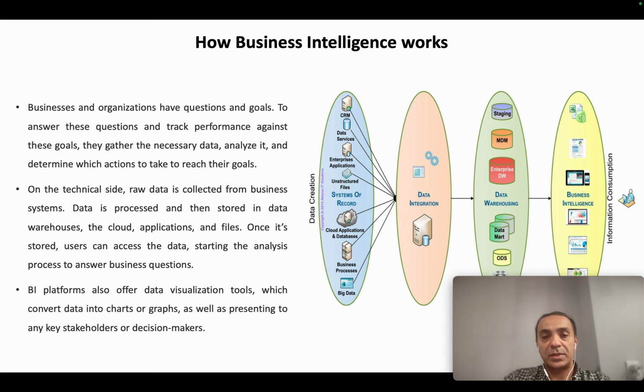Well, business intelligence platforms also offer data visualization tools, which help in converting data into charts or graphs, as well as to present data to all the stakeholders or decision makers. There are several platforms and tools that help us doing that. For example, Tableau or Power BI or Pentaho, a tool that helps in the ETL process. They also help you to build data visualizations and charts and dashboards and graphs to present your information to your